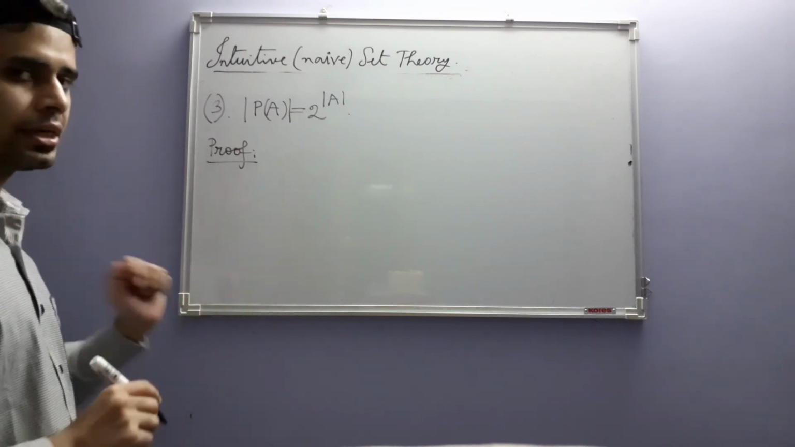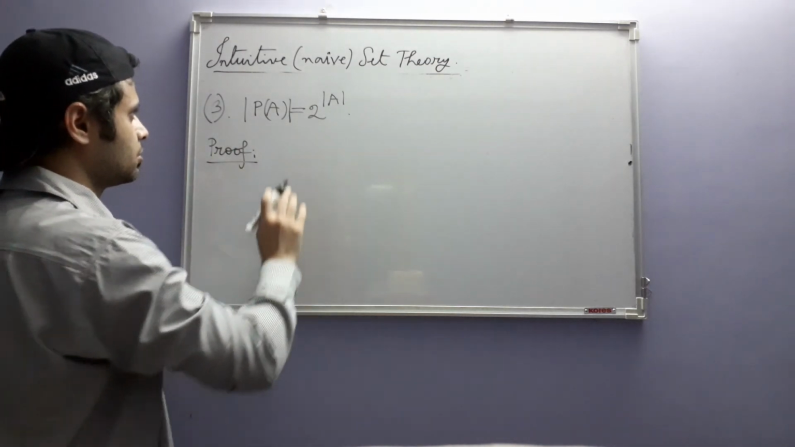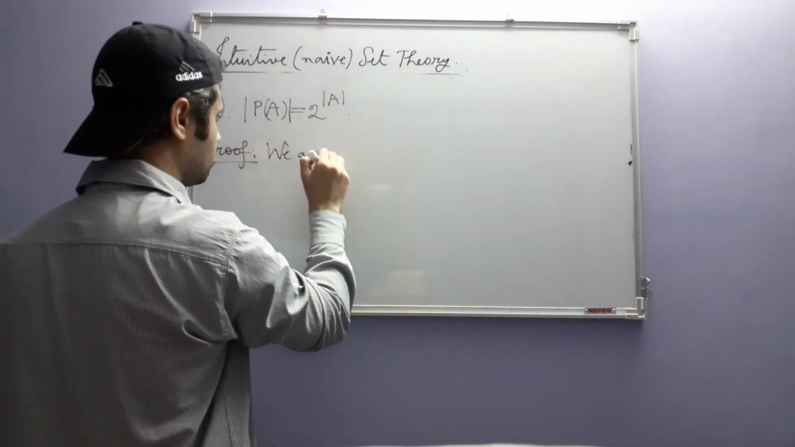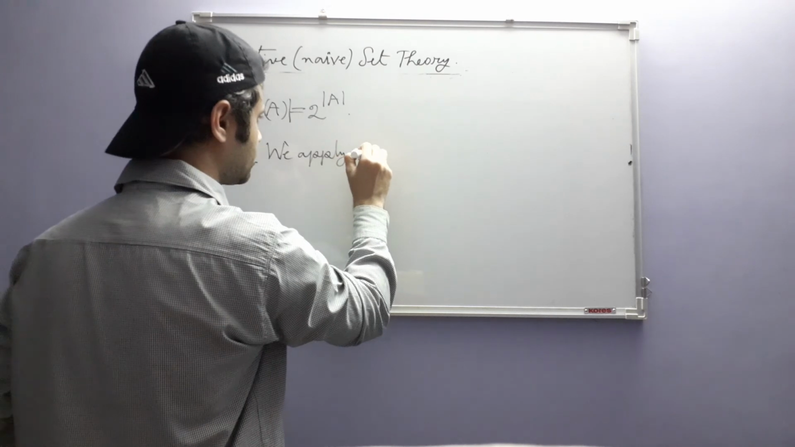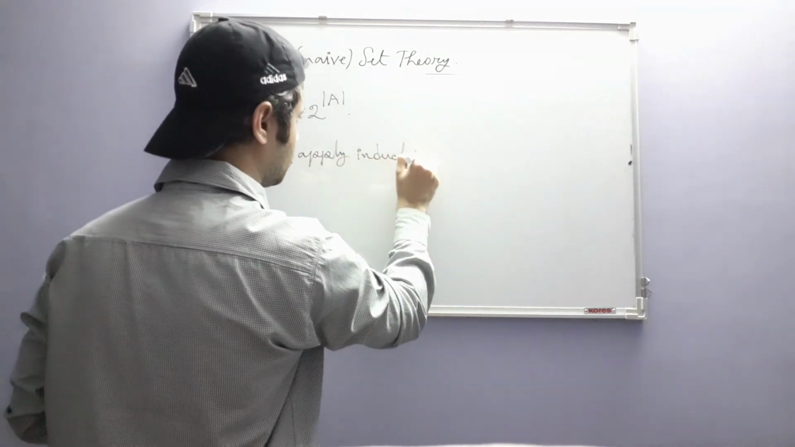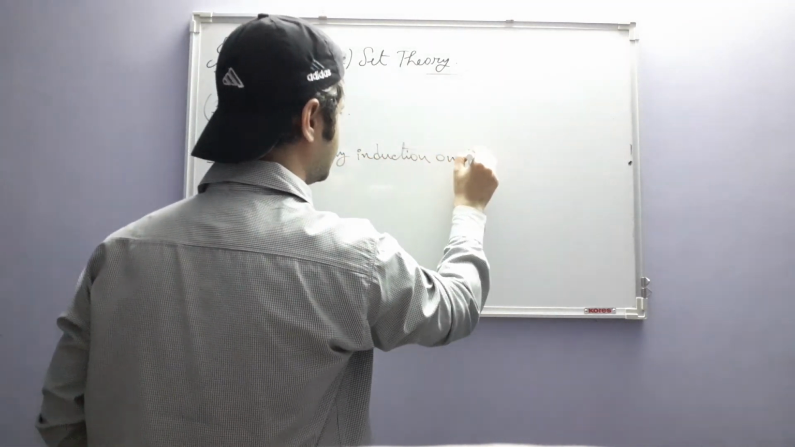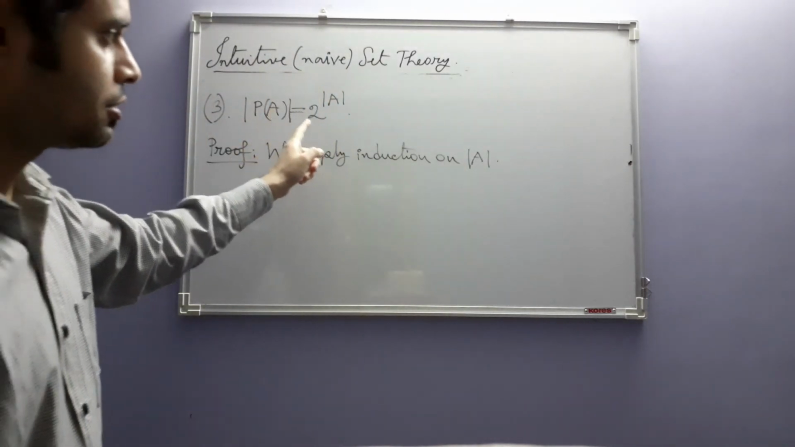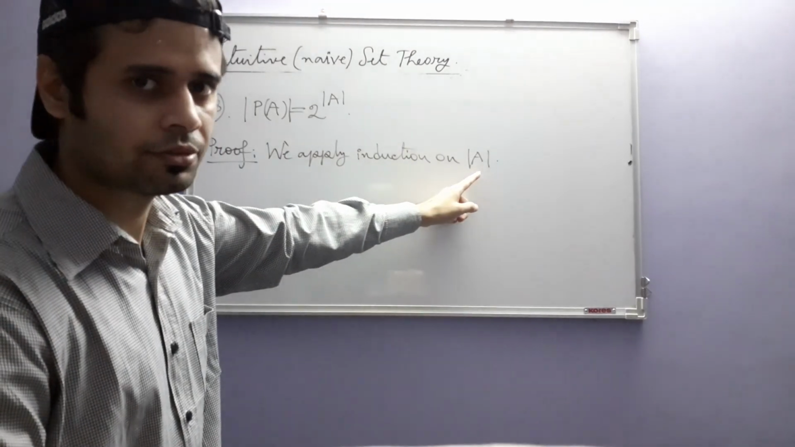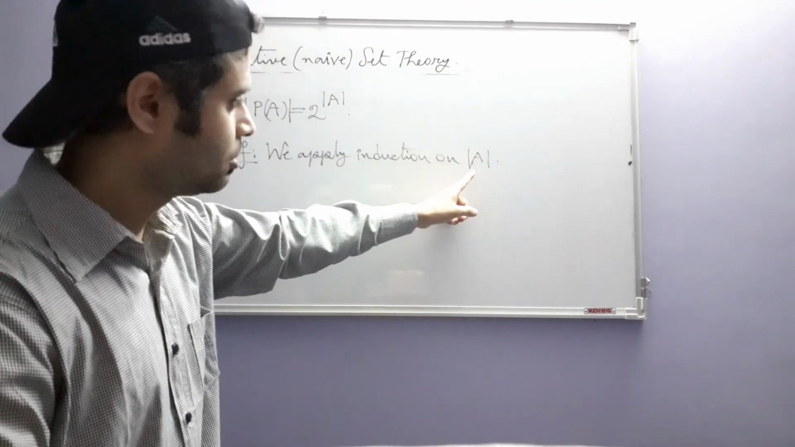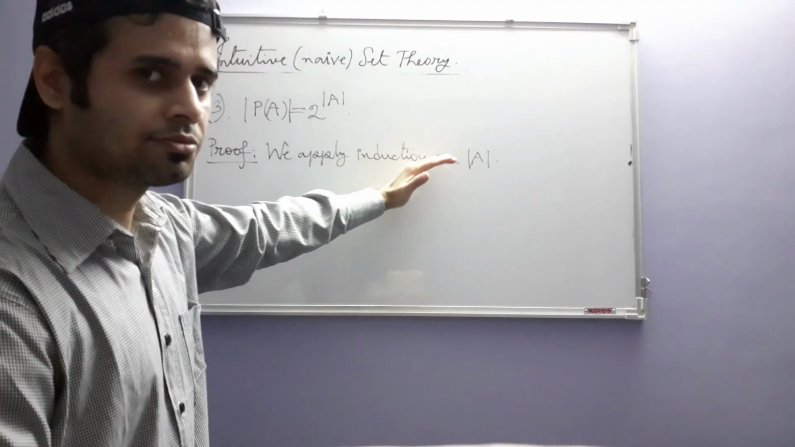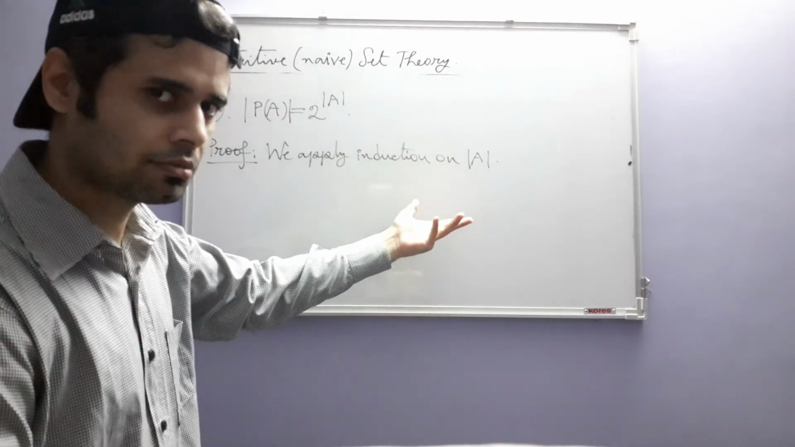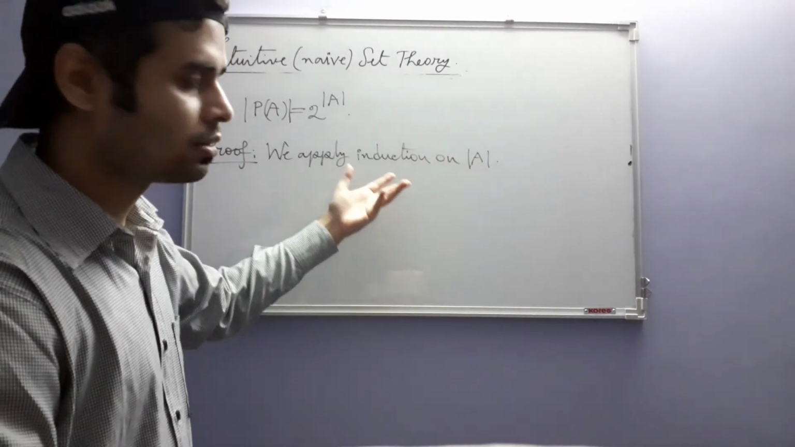So this is the second induction proof we are going to carry out. We apply induction on cardinality of A. Okay. In the previous induction proof also we applied induction on the cardinality of A, but this is not the only thing on which we can apply induction. As we come across more and more induction proofs of several different types, we will